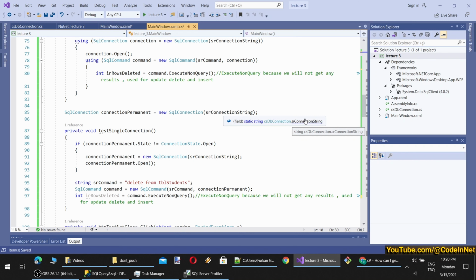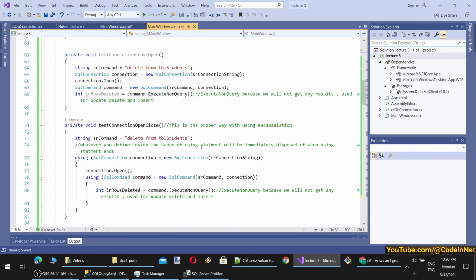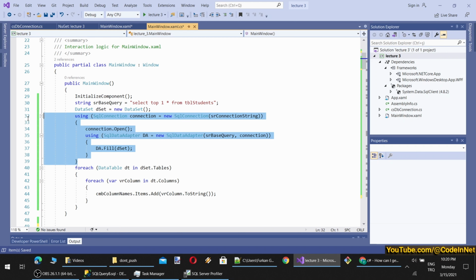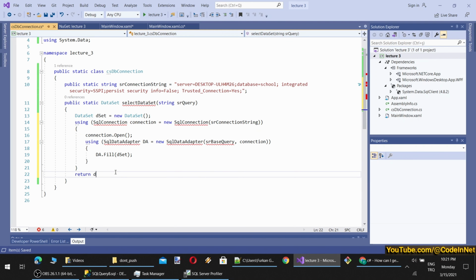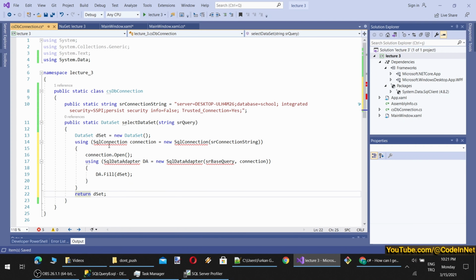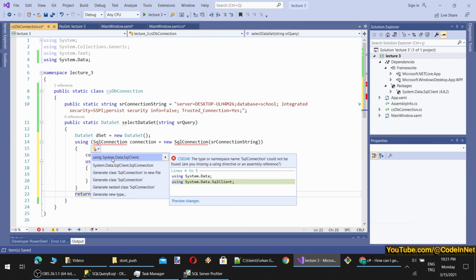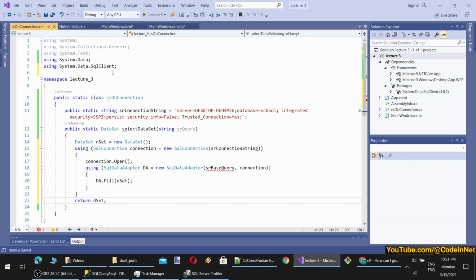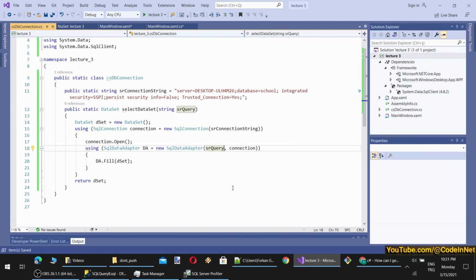And what this is going to do is it will simply do this, and return this. Now we still have some reference issues. In the libraries, I am adding System.Data.SqlClient, and here it will be like this. Now I have written a simple method to do select statements, and it will return a DataSet.